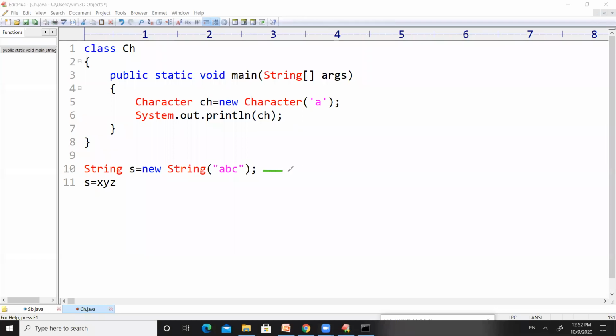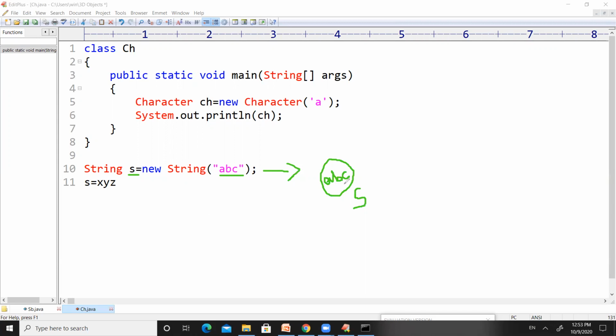Just listen. After executing this particular statement at line number 10, an object will be created, and the name of the object is s. And the object will contain a string with A, B, and C. So here s will be the name of the object, and the string will be situated in this particular object. Some space will be created, and the name of the space is s, and inside that space, it will store ABC. In the next statement, I try to modify this ABC with XYZ.